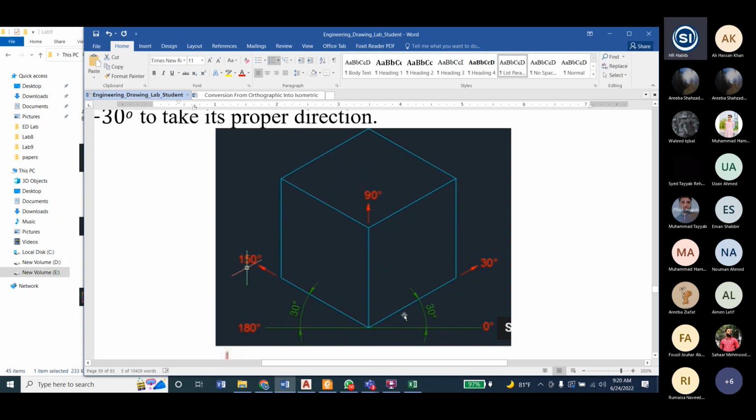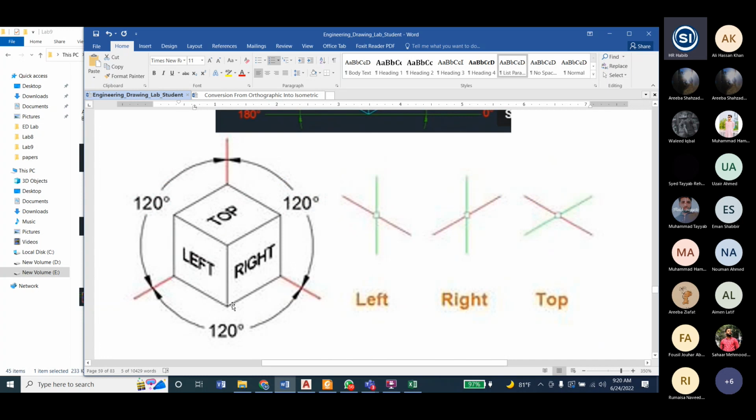And you can see here that the right side view is at the angle of 30-degree. If you want to draw this line, it will be at 30-degree. And if you want to draw this line on the left side, this line,